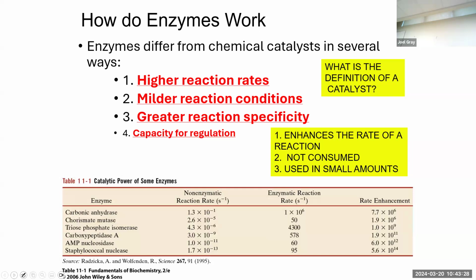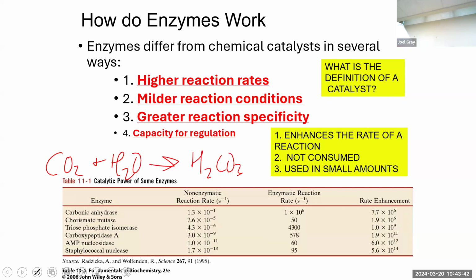So in order for this enzyme to catalyze the reaction, let's make this simple. Carbonic anhydrase is CO2 plus H2O yields H2CO3. So in the absence of an enzyme, mix these two components, and it's going to take about, would everyone agree, roughly 10 seconds for this reaction to be completed once, because it's 0.13 per second. Is everyone good with that?